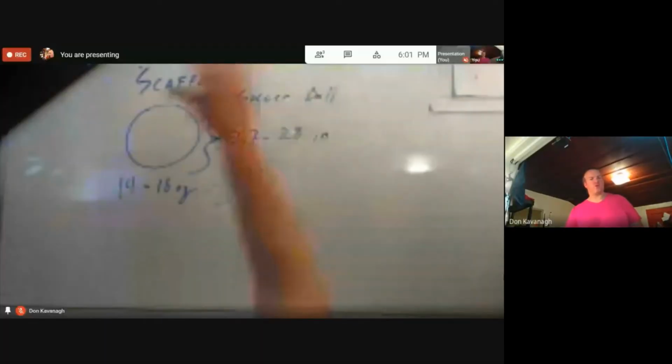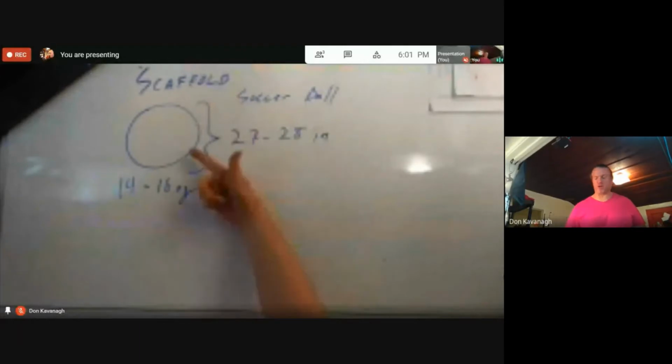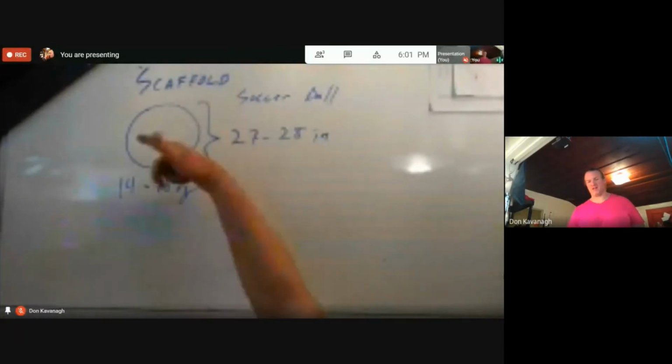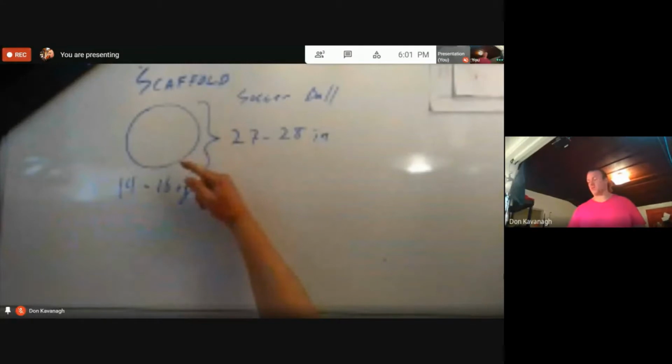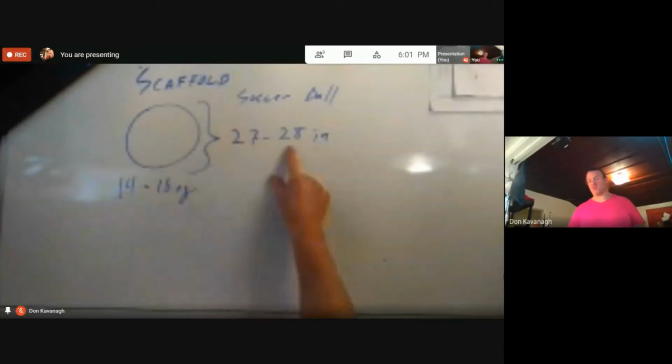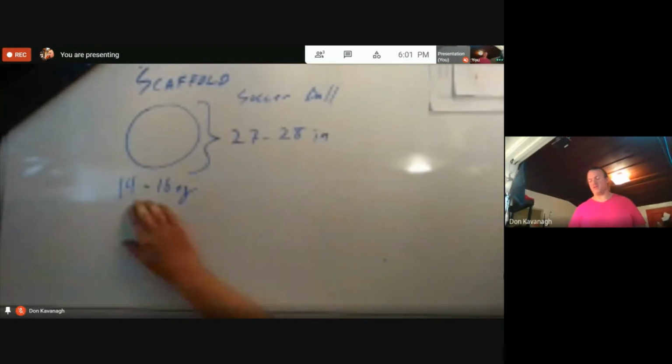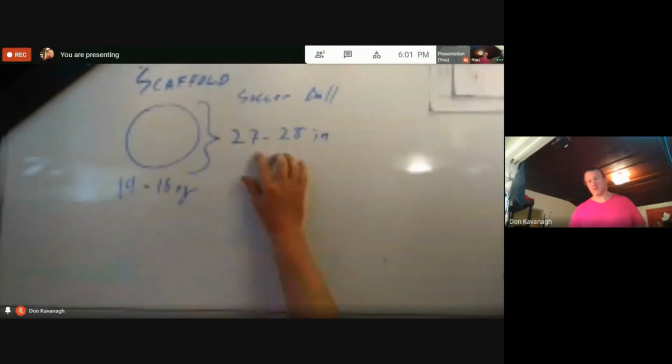This here is supposed to represent a soccer ball. I'm not going to draw in all the pentagons and hexagons and whatever, but this is a soccer ball. A soccer ball has a diameter between 27 and 28 inches, and it has a mass of 14 to 16 ounces. We are going to convert these units into centimeters